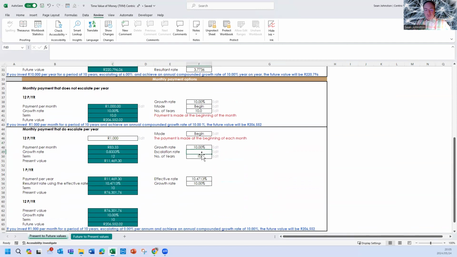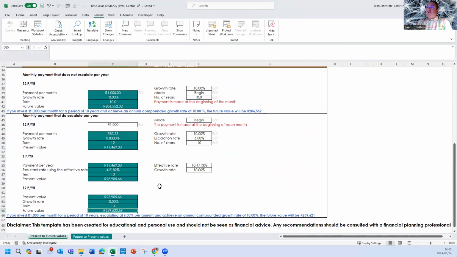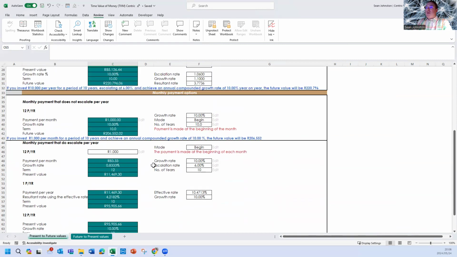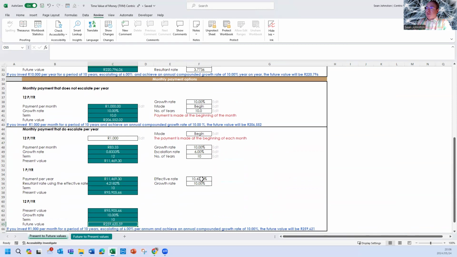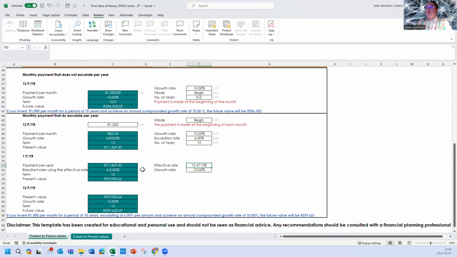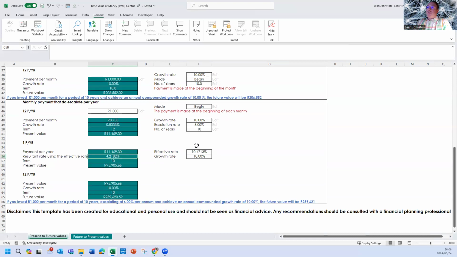Now, if we factored in said, well, it's escalated by inflation, that value would then grow to 259,620, which means that this is factoring in the escalations. If escalations were in line with your inflation rate, which you said was 6%, then you would calculate the resultant rate using the effective rate. Effective rate here is 10.4713. Your resultant rate, therefore, would be 4.2182%. And that would be your real return if you're making monthly payments. And you will then get to